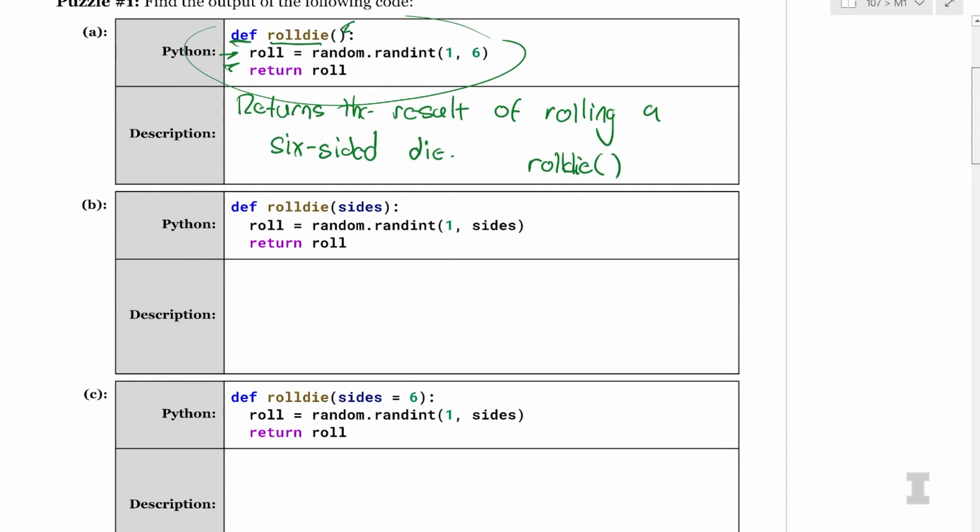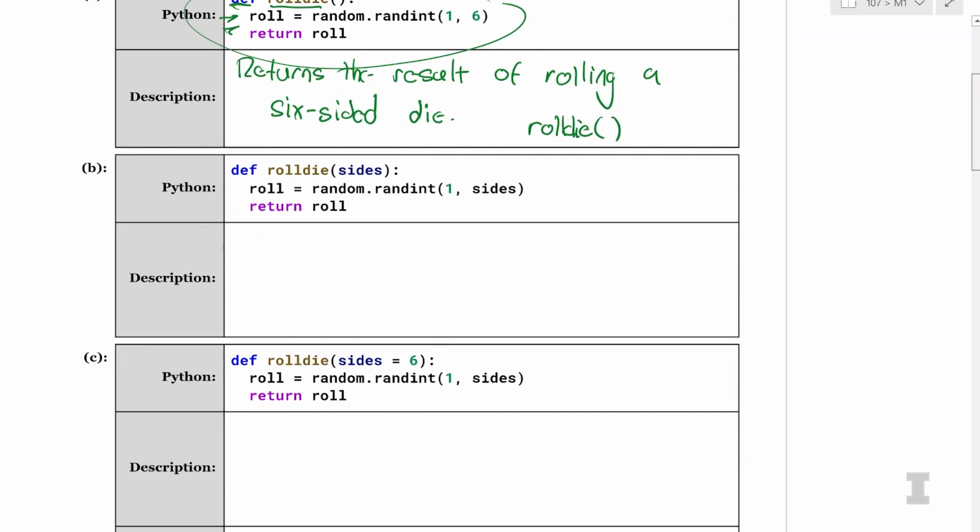Now in example B, we see the function change in just a small way. We have def roll_die, so it's the same roll_die function, but now we have a function argument or parameter called sides. So this is going to be an input that we're going to be required to give to the function. And we say roll is equal to random.randint(1, sides), and then we return roll.